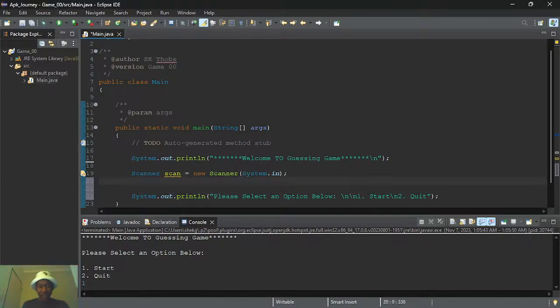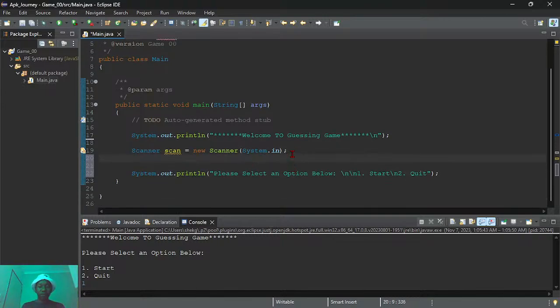But before that, this line of code here, we use it to be able to get the input that the user will be entering into the console. Remember when I said the user will have to input whatever information here. This information we must be able to extract from here into the coding part. And this is how you can. This will allow us to extract that information, so we can manipulate it and use it however we want.